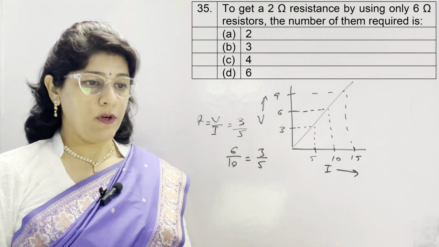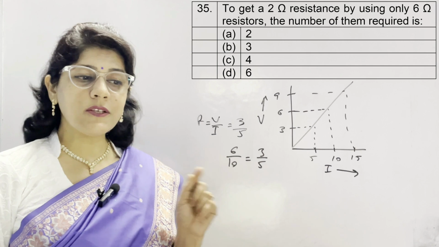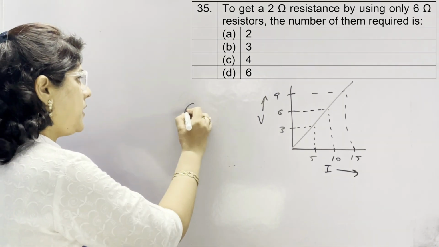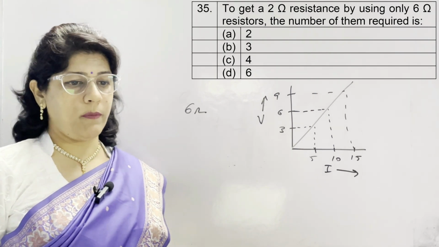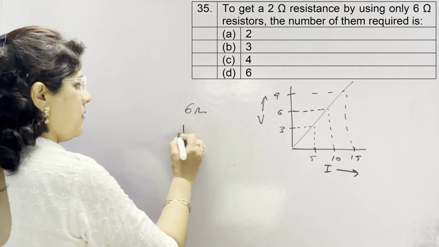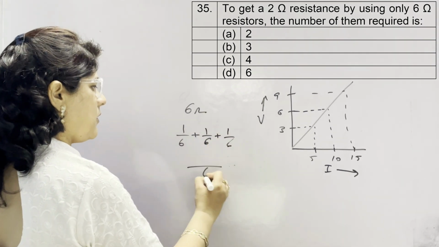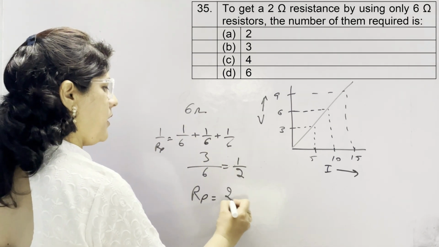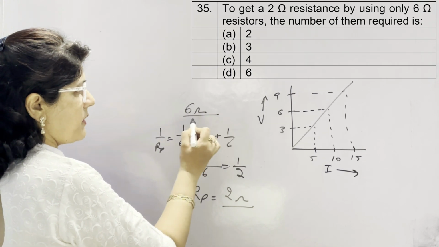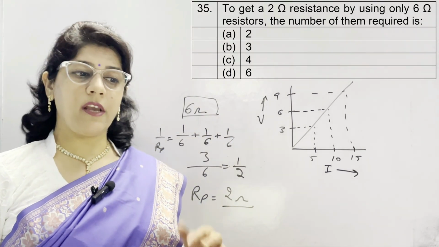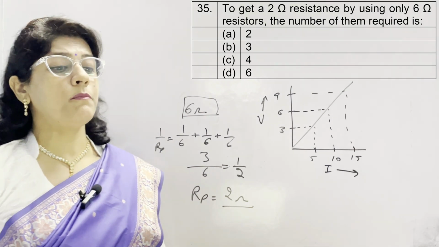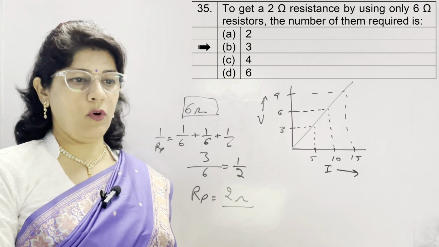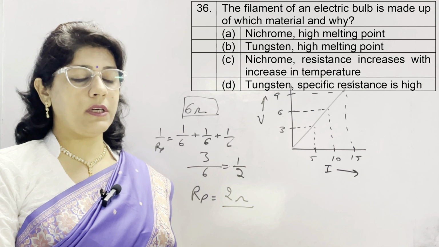In question number 35, to get a 2 ohm resistor by using only 6 ohm resistors, हमारे पास 6 ohm की वैल्यू वाले रेजिस्टेंसेस हैं. सारे रेजिस्टेंसेस की वैल्यू 6 ओम गिवन है. कितने यूज करेंगे कि आंसर 2 ओम की रेजिस्टेंस ओवरऑल में आ जाए? नंबर ऑफ देम रिक्वायर्ड इज, कितना होना चाहिए? 1/6, 1/6, 1/6 कितना हो जाएगा 3/6, it means 1/2. सो ओवरऑल ये 1/Rp का आंसर है, ओवरऑल रेजिस्टेंस Rp कितना हो जाएगा, 2 ओम हो जाएगा. कब हुआ जब हमने 6 ओम के 3 रेजिस्टर्स यूज किए हैं पैरेलल कॉम्बिनेशन में. ऑप्शन नंबर A is 2, B is 3, C is 4 and D is 6, and option B is correct which is 3 resistors. जब हम 3 resistor 6 ohm के connect करेंगे parallel में तो उनकी overall resistance जो है वो 2 ohm आ जाएगी.